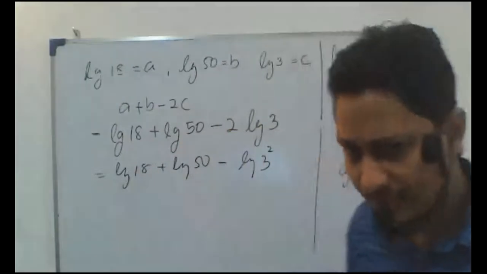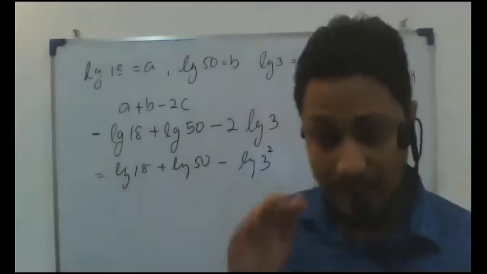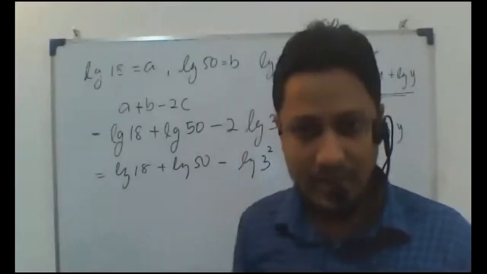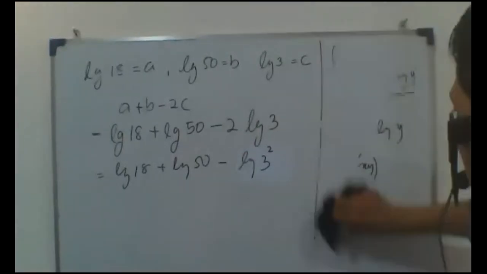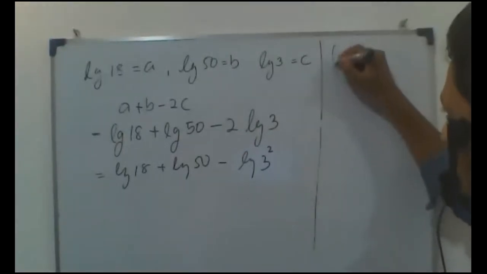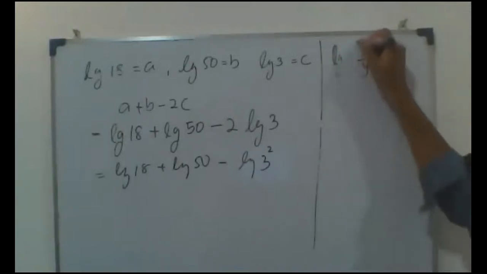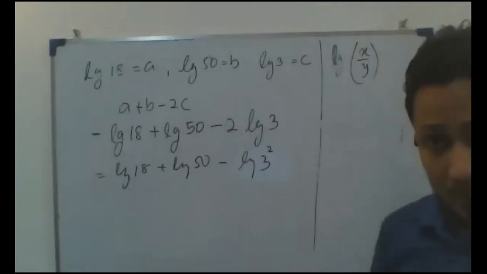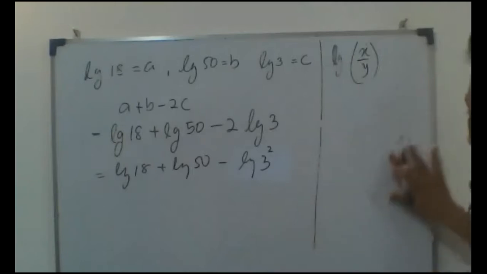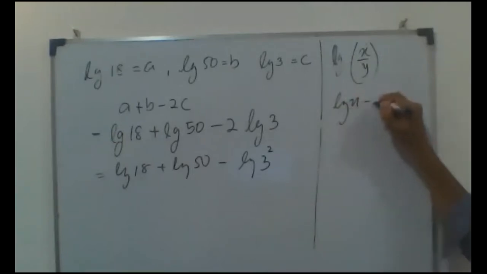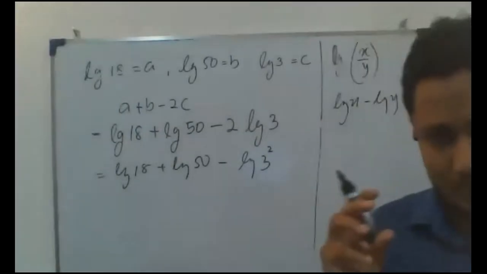However, this one. So the logarithm, as when we have the division, the theory is there, the rule is there. You studied it. While we have the division, I'll write it here. When we have division, LG, if anyone needs these things, you can put a star and write them down in one place. LG of x divided by y. So while we have a division like this, we can convert it into a subtraction. So it becomes LG x minus LG y. I hope you understood. These are the theory parts you studied.